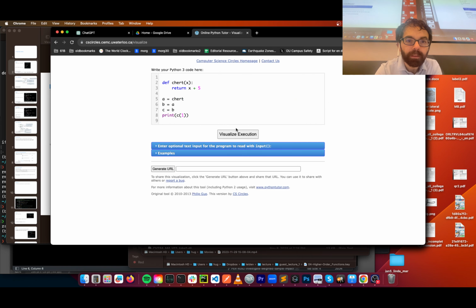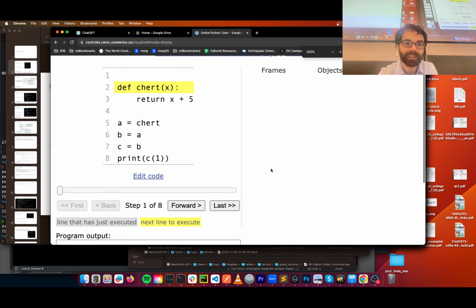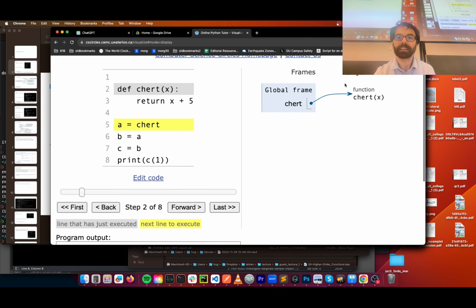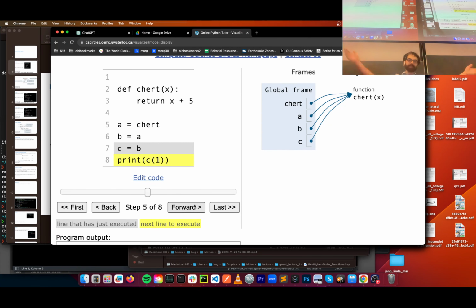Okay. So if I run this code, oops, I've got to take out some indentation. Okay, if I run this code, just to give you a different picture of what I mean by all that binding nonsense. When I say def chert, I have defined a thing that now exists in my space called chert. It is a function. When I say a equals chert, a points at that same thing. B points at it, c points at it, and lastly, we can print out the result of adding 1 to 5. Okay, any questions about that, or anything you want to tweak, or anything weird you want to ask?